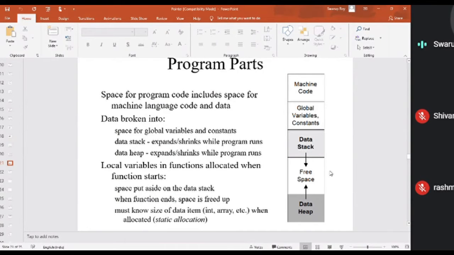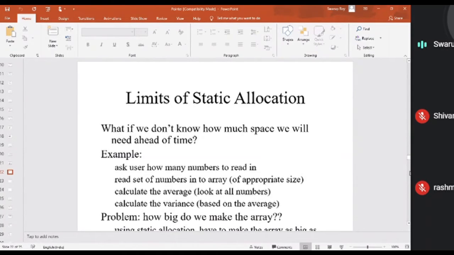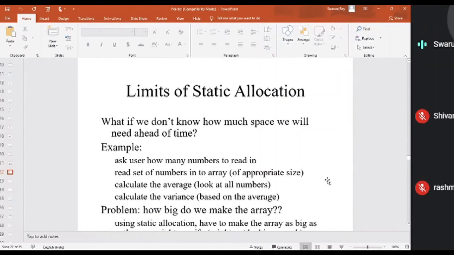From there, it will take the requisite amount of space, the variable size that you really need, and allocate it in your program. Now, whatever we are doing here is static.